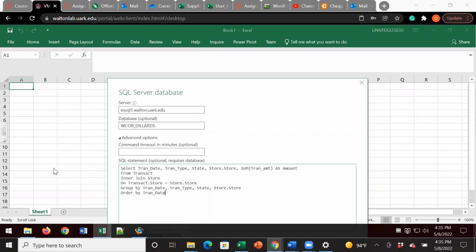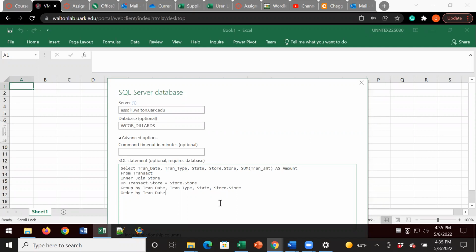So we are selecting the transaction date, transaction type, the state, grabbing the store column from the store table, and also the sum of the transaction amount and renaming that as amount. And we're pulling that from transact,